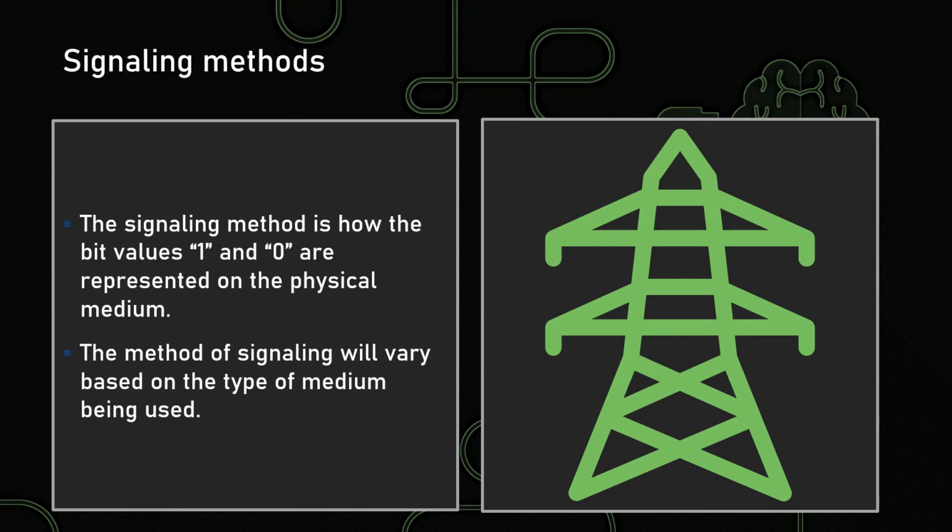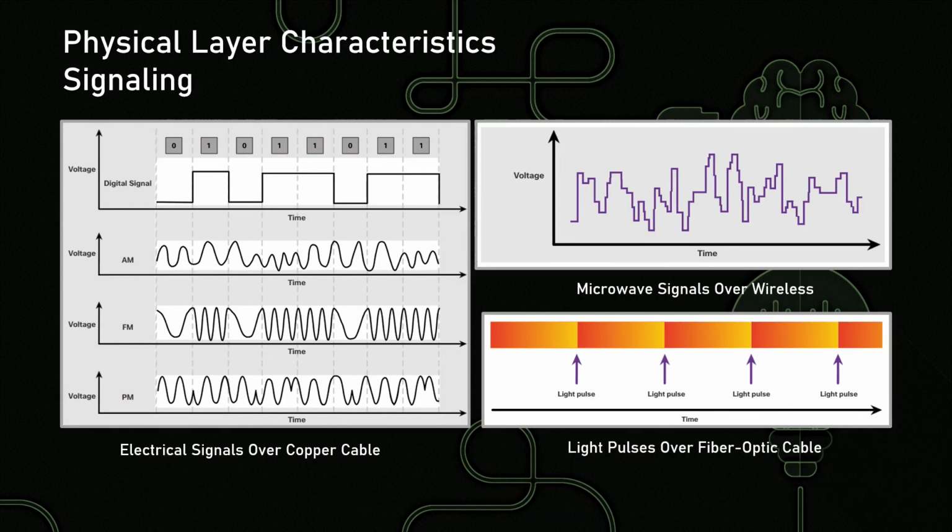So that signaling method that I just showed you is how we show 1s and 0s. When we get to that midpoint of the frame, based on whatever timing or signaling we're using, that will identify a peak or a trough, top or bottom, 1 or 0. The type of signaling, of course, is going to vary based on the type of medium that you use. So if we look here, we see electrical signals over copper cable. These are going to be different based on whether or not we're using period modulation, frequency modulation, amplitude modulation, or digital encoding. So of course, if we're sending things over copper, what we expect to see in a digital form is the top left,